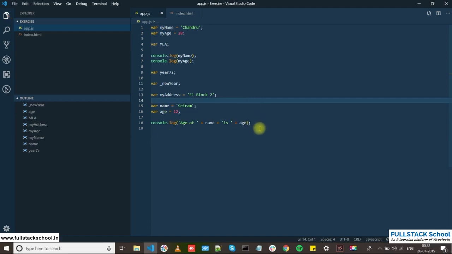So if you could understand this, age of, and there's a space here, and I have added a name here. This is how we are doing string concatenation, attachment of two strings. Okay, so age of name, in this place you'll get Sriram, age of space Sriram, then I would like to have a space here too. So age of Sriram space is space, and I am passing